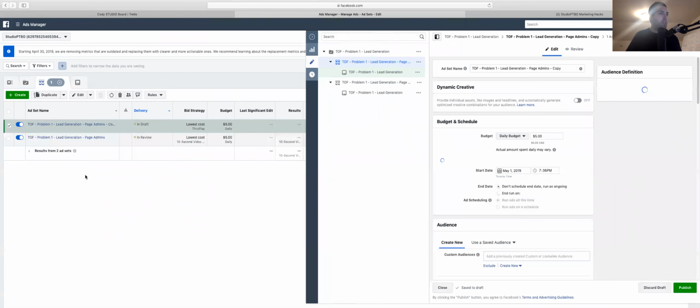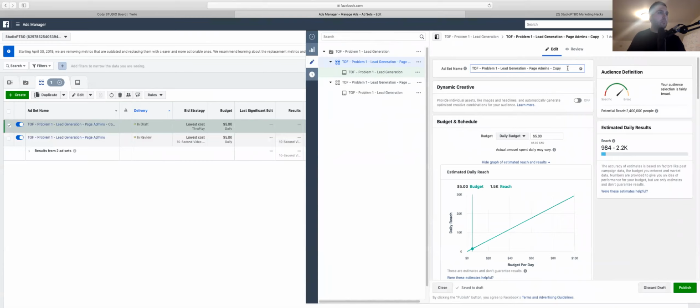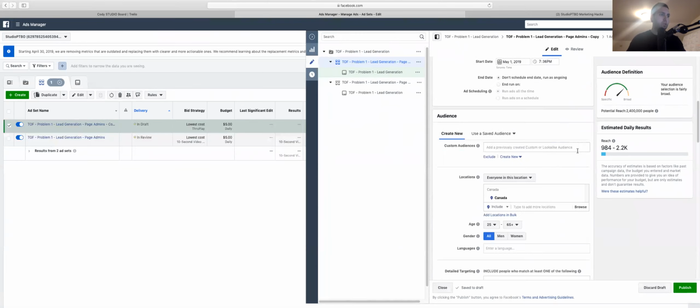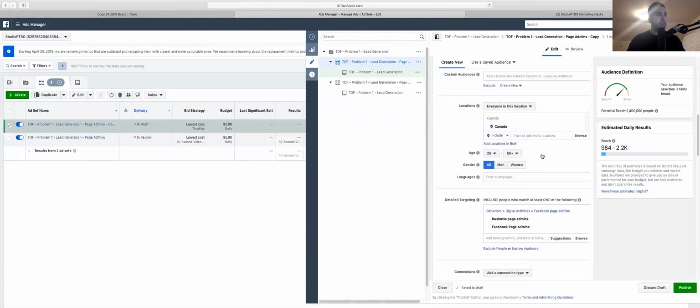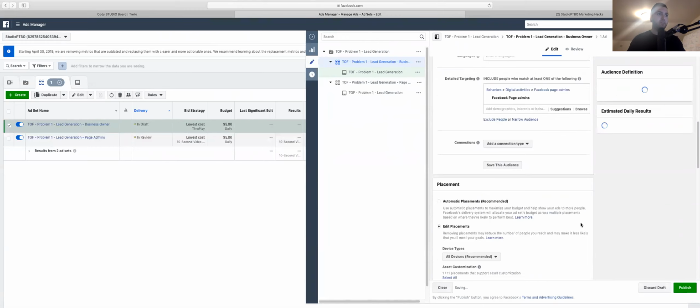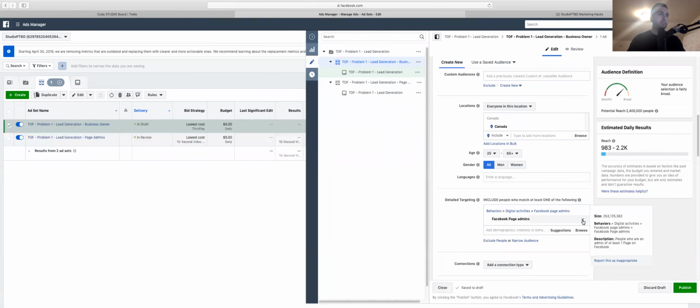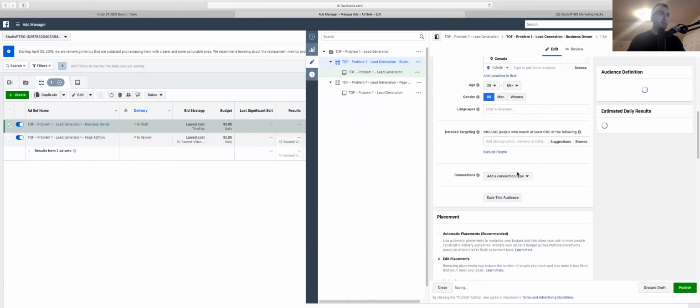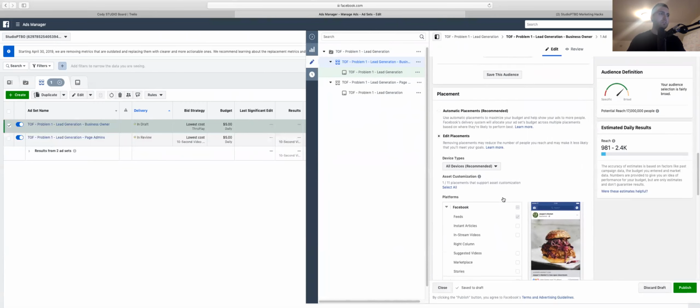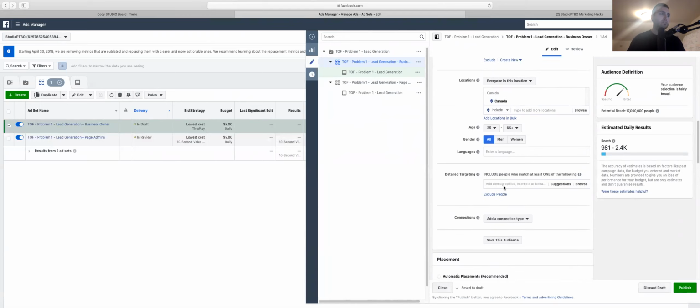So what we're going to go from here is I'm going to change up rather than it saying page admins, I'm going to go up here and I'm going to type in, what am I typing in here? Let's say business owner. That's my avatar. So from there, Canada, I know that there's still 25 to 65 I'm going after, just using this as an example. And then from there, I want to sub-segment here, detail targeting, and I'm just going to type in business owner,